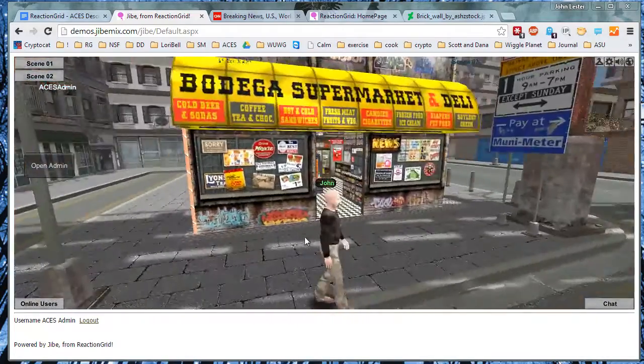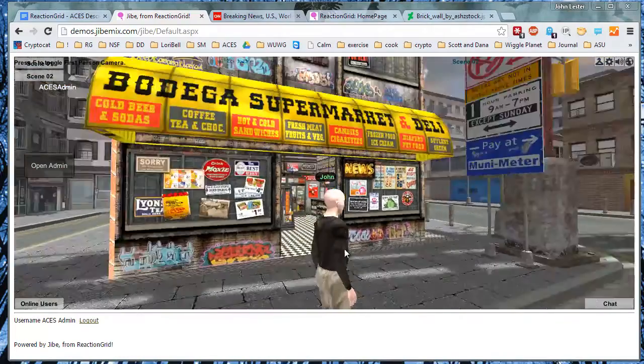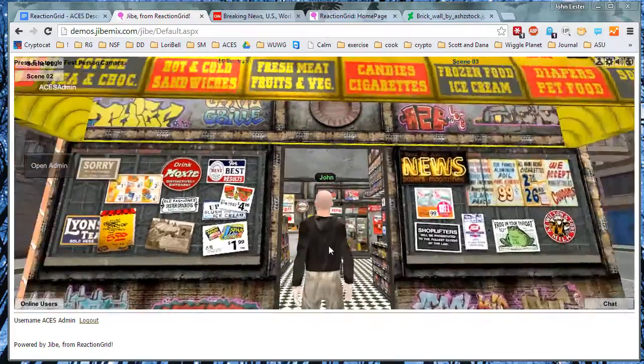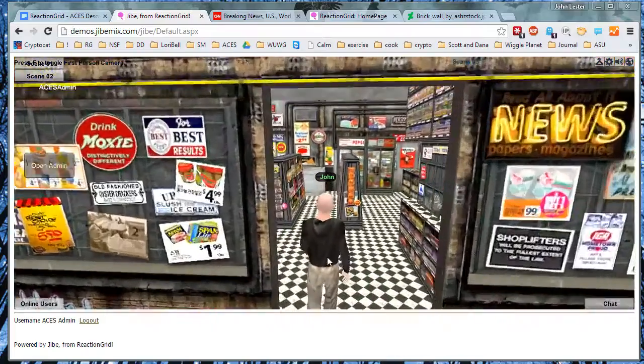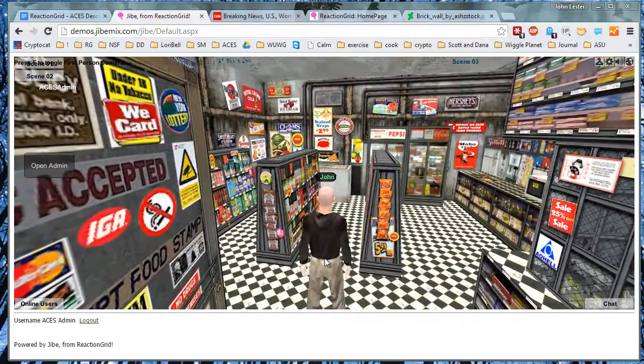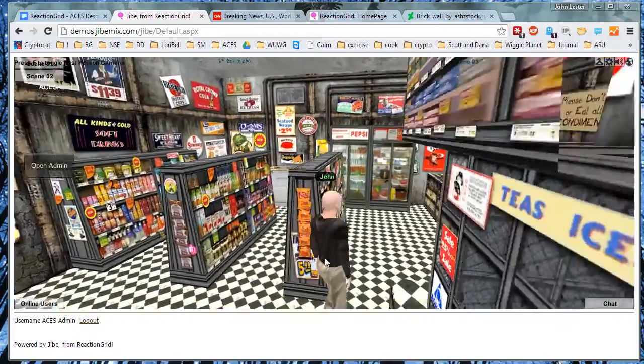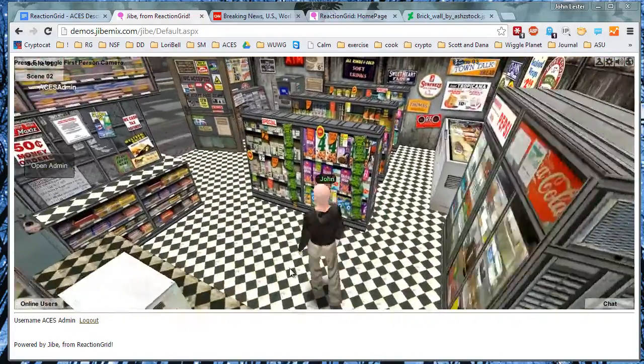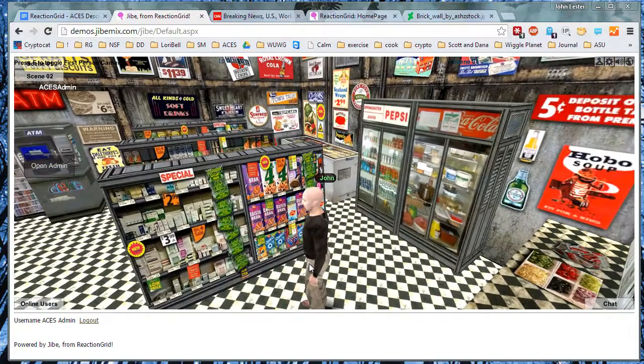But also, if you walk into this bodega market, this is one of my favorite creations by Arcadia Asylum in Second Life. If you walk in here, she migrated all of her content to OpenSim actually too, and that's how I got this model to pull into Unity. You could imagine all these surfaces are things that you could set up as an ACES board and change the content. So for example,